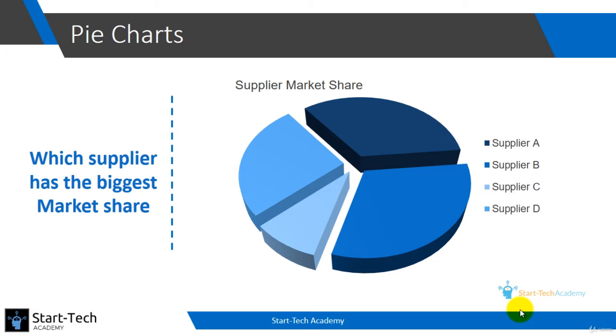So most people say that supplier B is the biggest one, which is this one. And if you have to estimate the proportion of market share of this supplier, probably 40%, 35% or something like that. So that's the point I'm trying to make. First, it is very difficult to find out which is the biggest supplier, and secondly, it is very difficult to find out what is the actual contribution of each supplier by just looking at the size of each slice of the pie. Let me show you the better way of drawing this graph.